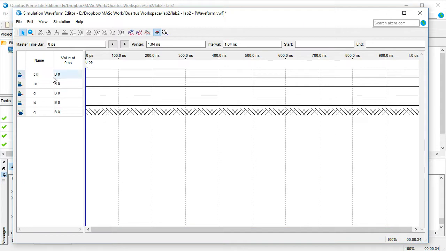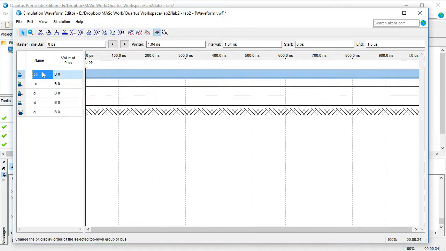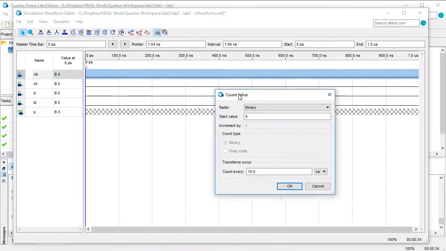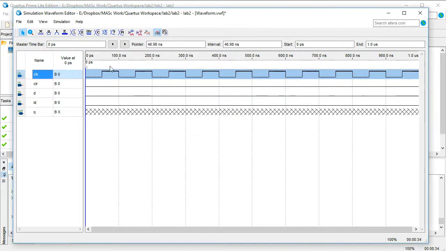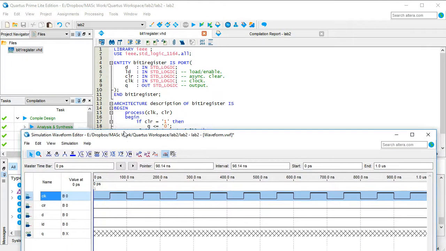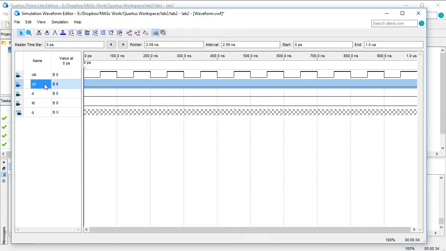Okay, and now for the clock I can do a count, which means it counts 0101 and counts every 50 nanosecond, so that every 100 nanosecond you have a clock cycle. This way you can actually test 10 cases. Since your component depends on the rising clock edge, every rising clock edge lets you test 10 cases. And in one of these cases